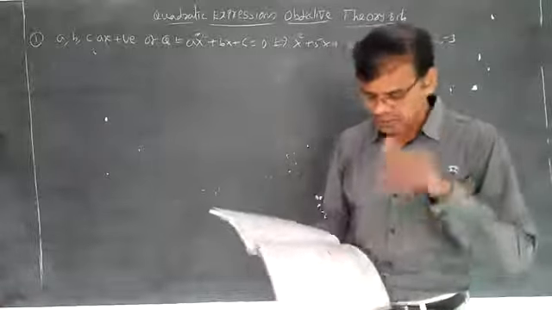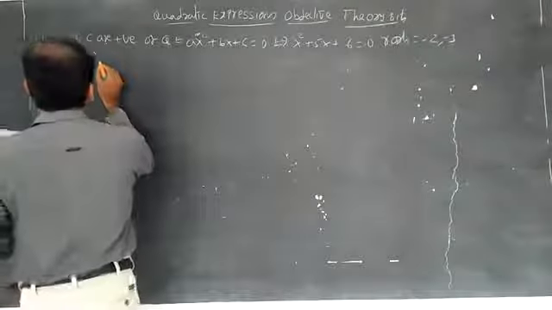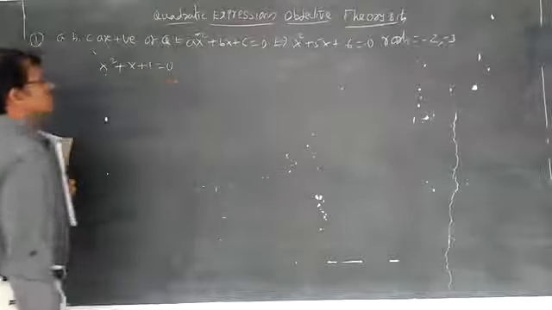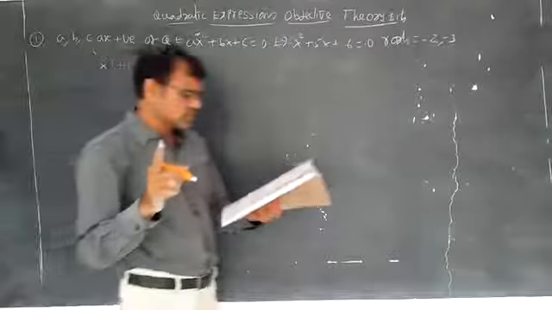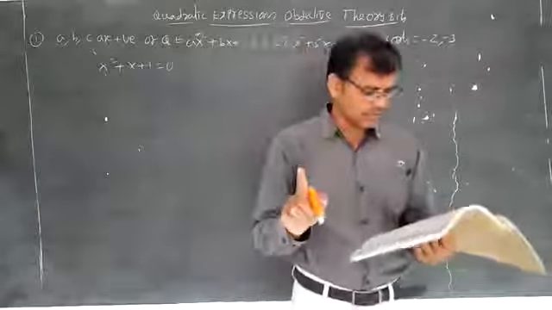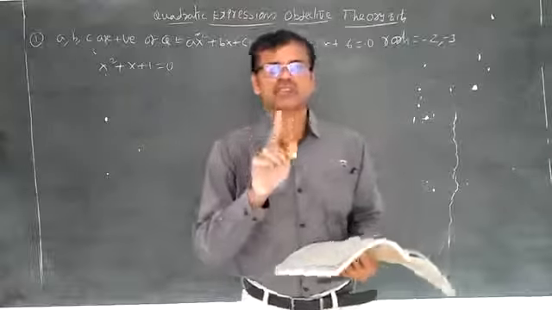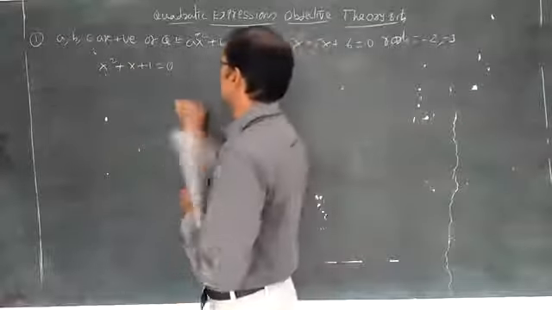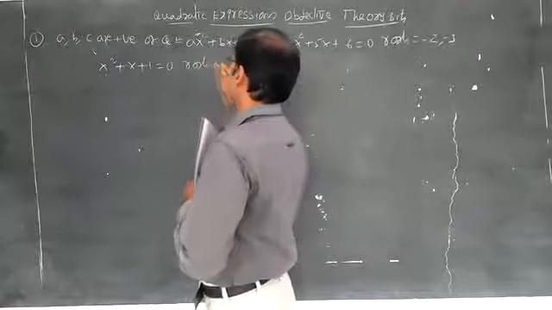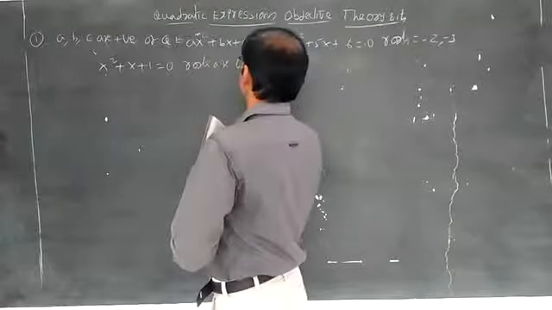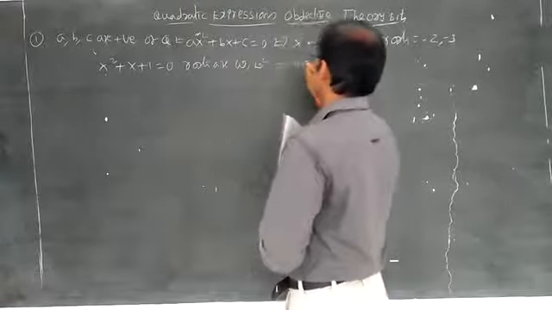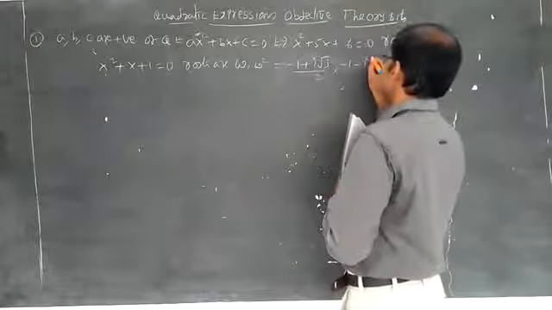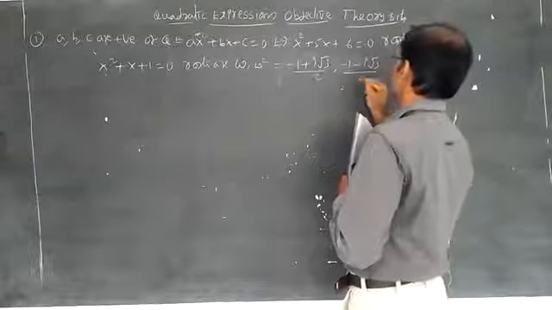It's okay. But in the next concept, let us write x square plus x plus 1. What is happening here? a is equal to 1, b is equal to 1, c is equal to 1. He is not discussing a, b being positive and distinct. Whenever he is asking distinct, you can understand this one. Then the roots are, as we already discussed, omega comma omega square. The value of omega is minus 1 plus i root 3 by 2 comma minus 1 minus i root 3 by 2. These are the roots.